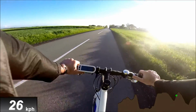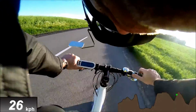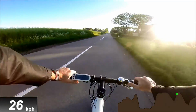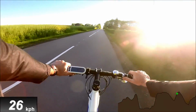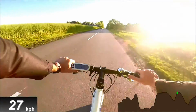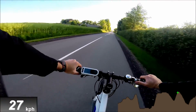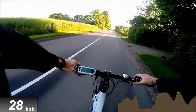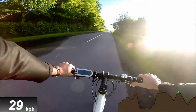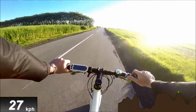They both have a 350 watt motor. Here in Europe they are reduced to 250, but somehow the jumper just goes faster. When I'm using them for commuting to work, as I told you, the race is going about 30 kilometers per hour, but the jumper is going 31, 32, sometimes 33, and that is of course when the battery is full. So